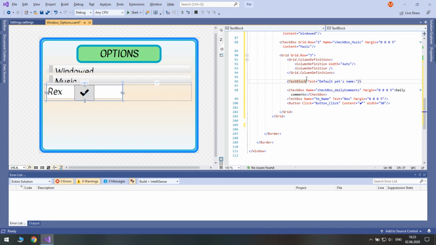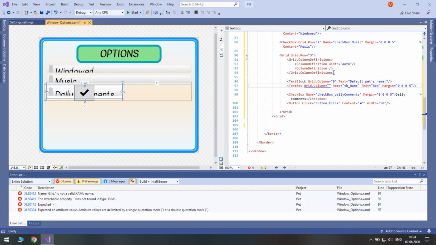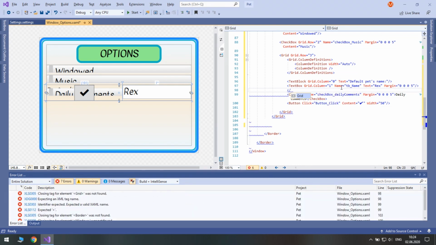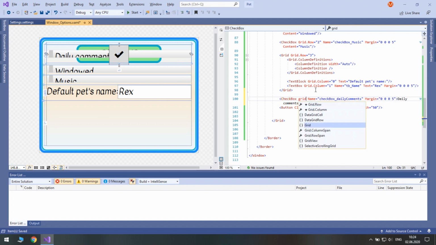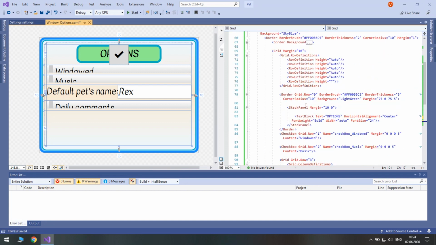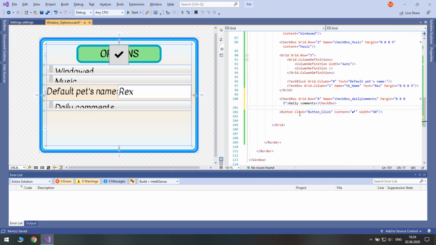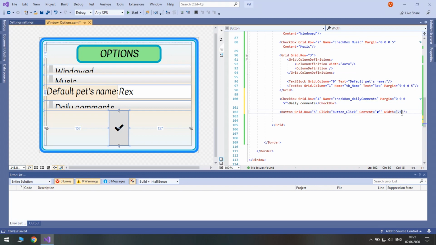This text block will be in grid column 0. Next to it, we will put a text box in grid column 1. This will be the end of our grid. Now this checkbox will be in grid row 4, and finally our button will be in 1, 2, 3, 4, 5, grid row 5. Let's increase the width to 75.